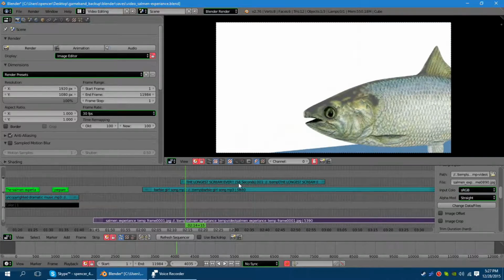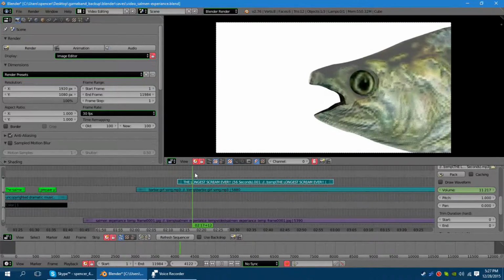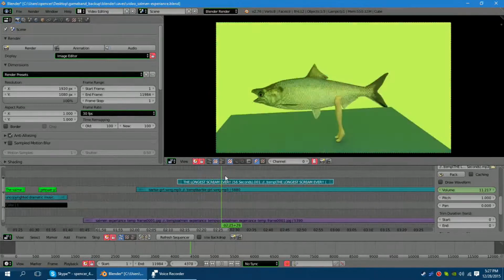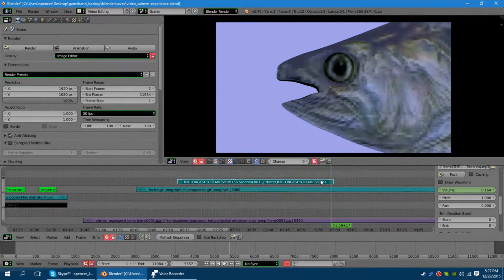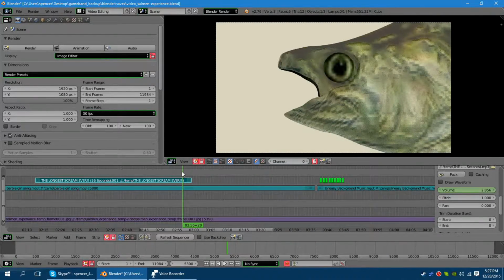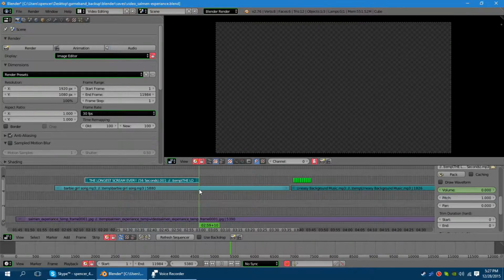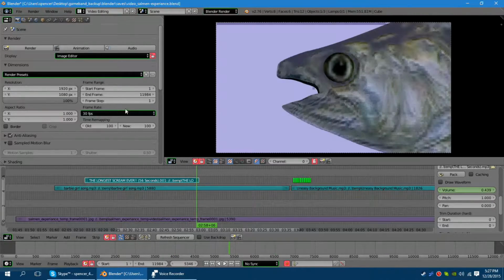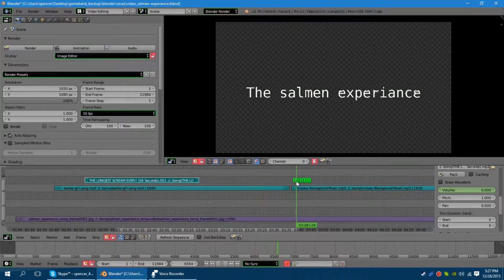Then of course the world's longest scream ever I found on YouTube, and of course it started playing. Here you can see the color starts changing, the camera goes around a bit here, closes its mouth. I had to cut the animation of the longest scream ever. The actual longest scream ever was like 45 seconds. This was, let's see here, 259 to 213, so like 40 frames, and we're going at 30 FPS, which is a couple seconds. So yeah. Then of course we have the Salmen experience